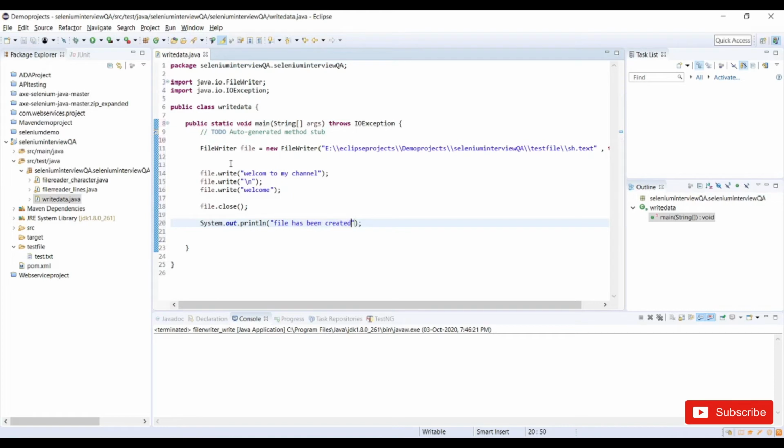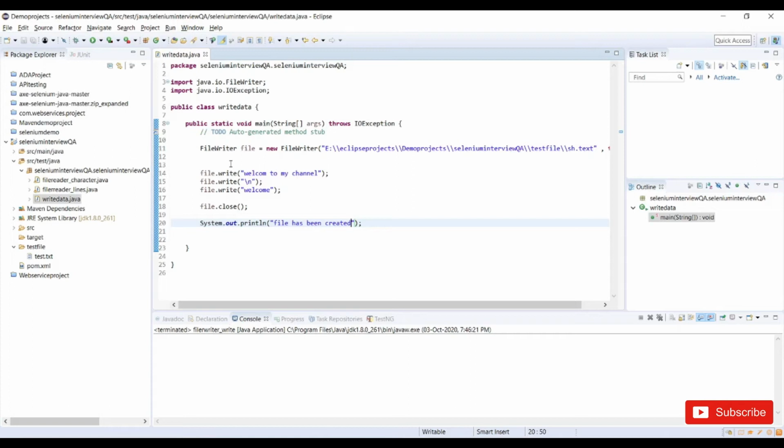So far, we have created a file writer and provided an instance, and we have made a condition that if a file exists in that location, we rewrite the file, and if it does not exist, we create a new file.